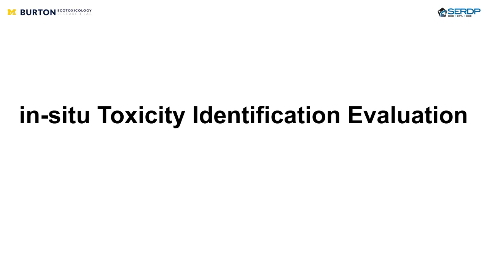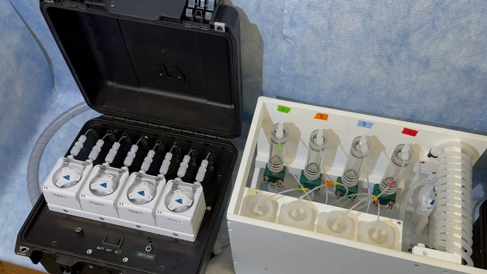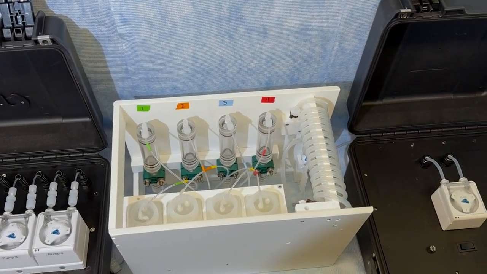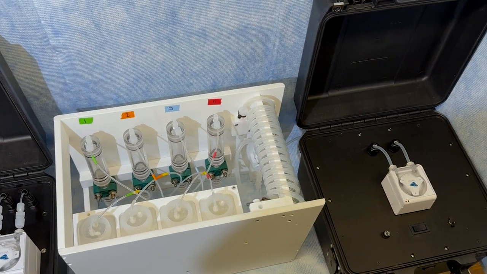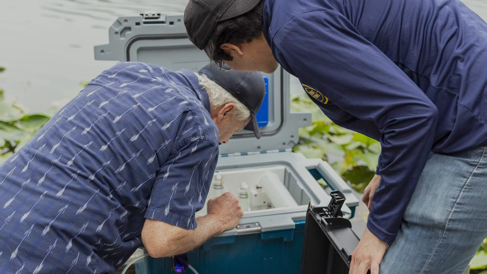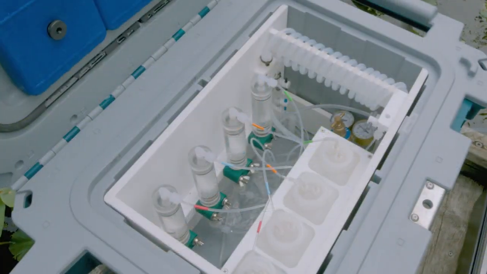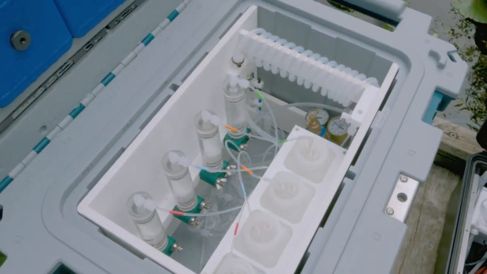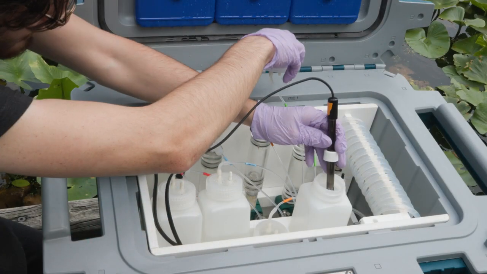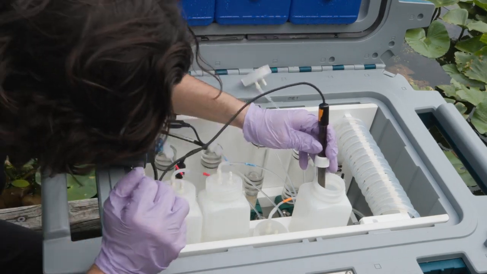The In Situ Toxicity Identification Evaluation Technology, or iTIE for short, was designed to determine the presence of different chemical classes and to rank those chemical classes by the degree of stress they cause on ecosystems. It was developed by Alan Burton at the University of Michigan with funding support from CERTIP as a valuable field tool that is more efficient, user-friendly, cost-effective, ecologically realistic, and has fewer sampling errors than the traditional lab-based TIE method